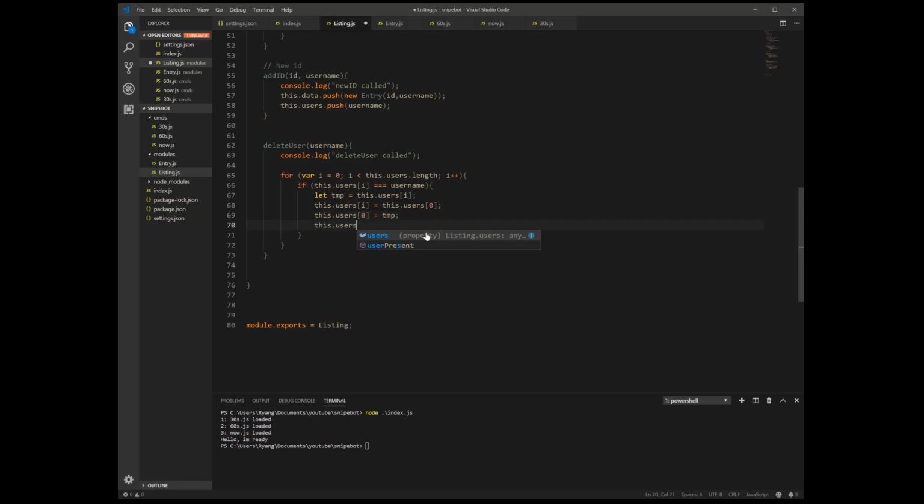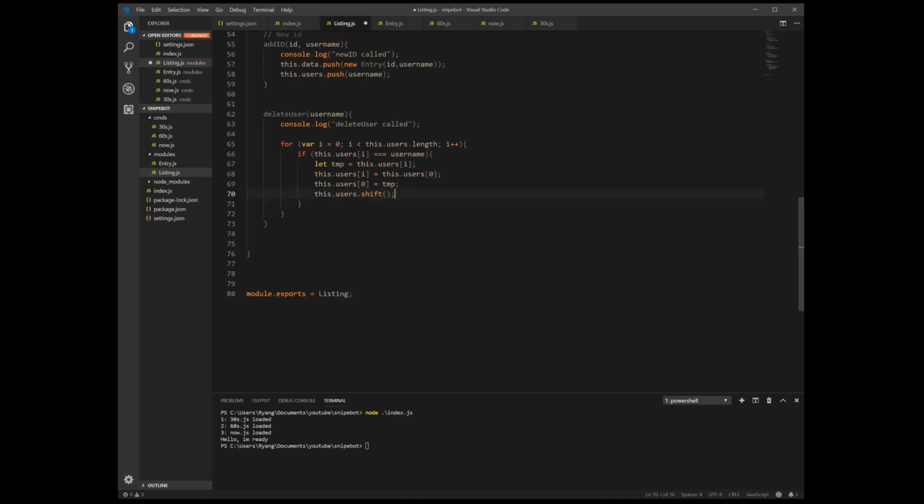So this.users.shift, and then just like that. So now the user we want to delete is put in the first index of our array, and then we shift, so it's gone. And after we've done that, we can return, because we don't need to do anything else. So this finds and deletes the username from the users array.